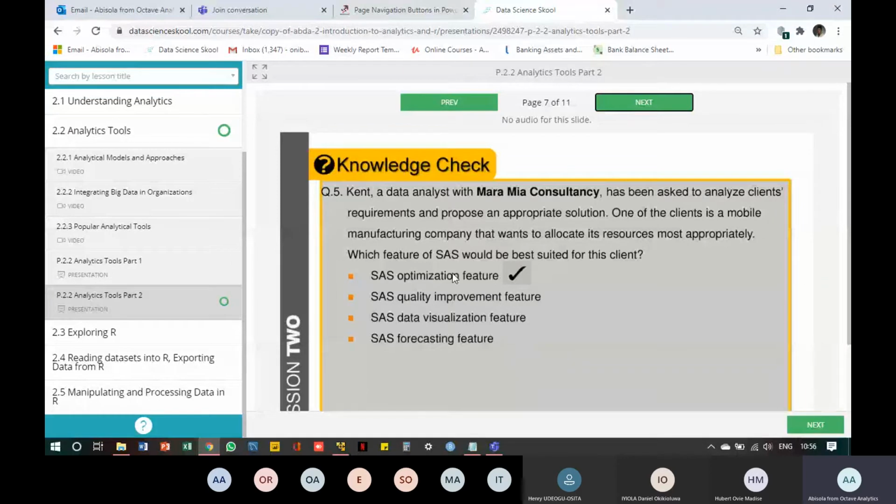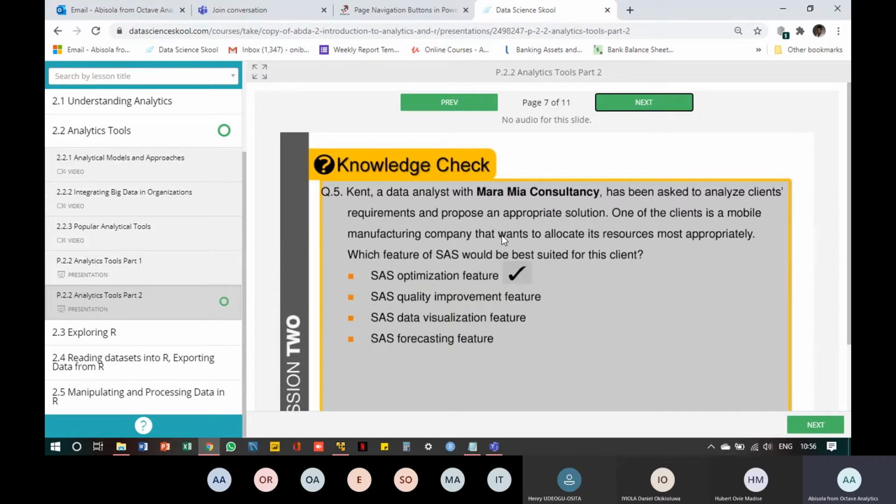So the best thing to do is to use an optimization feature. An optimization feature will help you to allocate your resources appropriately, because you want to propose a solution that helps you manage and optimize your resources well. You are not improving quality of anything.